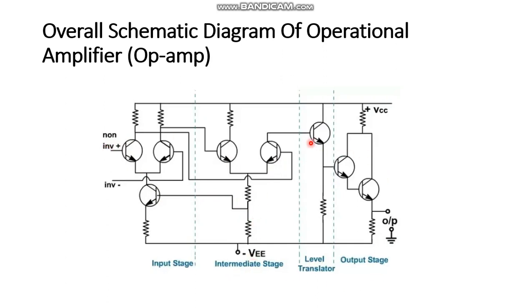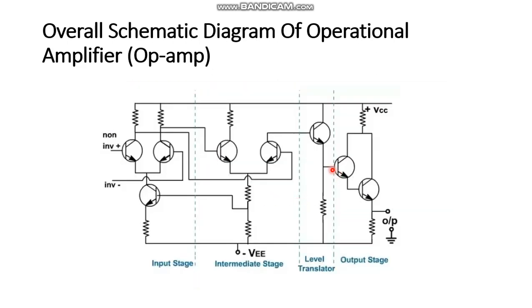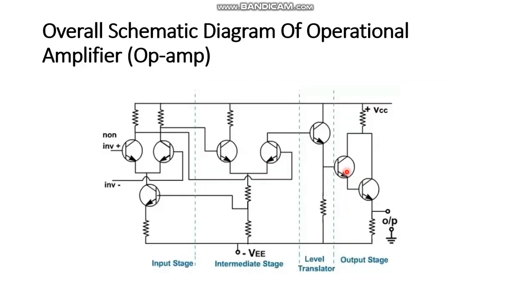And this is what we said, the emitter follower stage. Okay, so here is the emitter follower stage, and this is the complementary push pull amplifier. So this configuration is called push